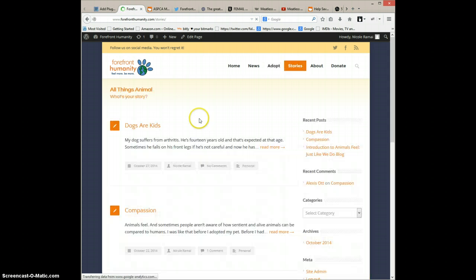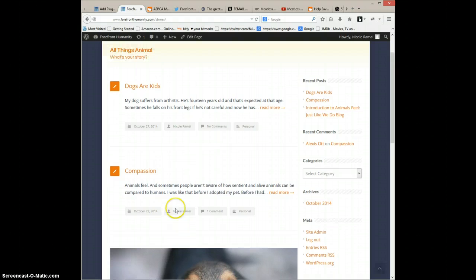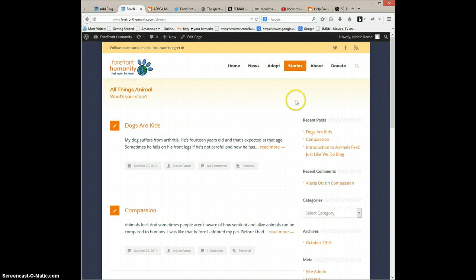Now, there are a lot of things on the site that I do need to tweak, like the typography. If you guys know me, I'm very fussy about the way things look, and I want it to look just right. I always focus on the font with my websites and the background image. So I decided let's go with white, because that's not something I normally do, and I'm not sure how I'm liking it. So please do let me know how you like the way the site is set up.